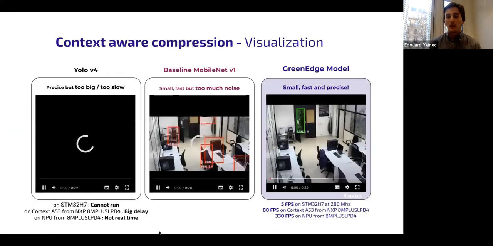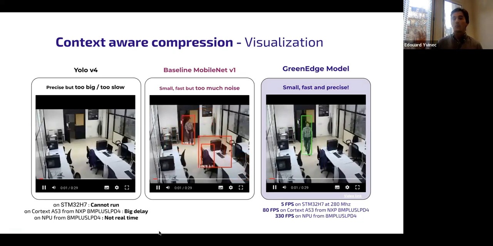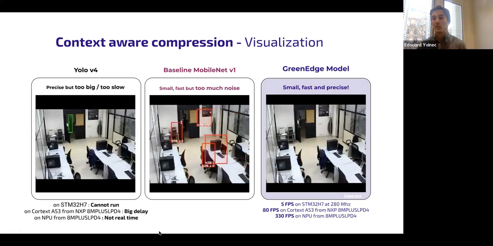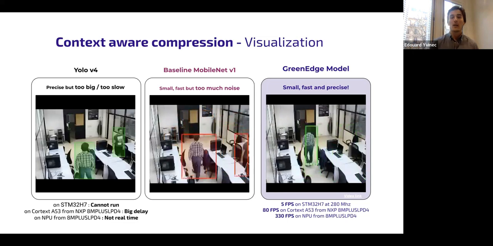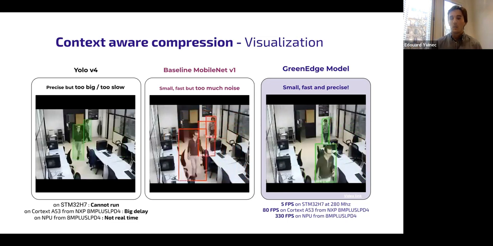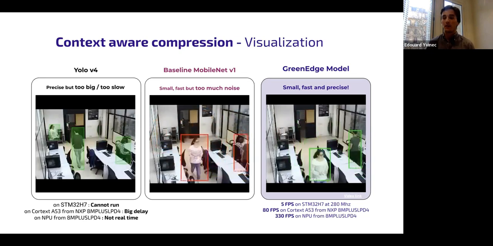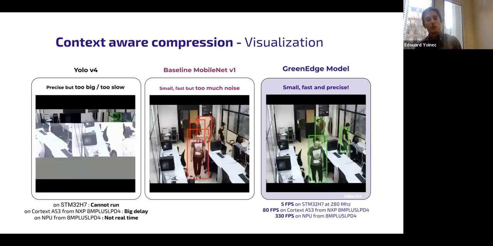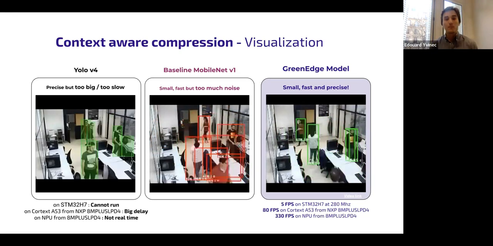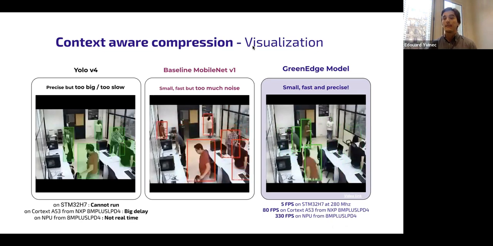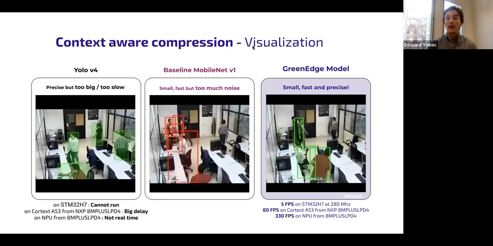Okay, so on the right-hand side, we have what we can achieve with Datakalab. So essentially, we have something that is similar in size as what you would get in the middle, but we have something that is similar to the left side in terms of accuracy. So the question will be, how can we achieve that?